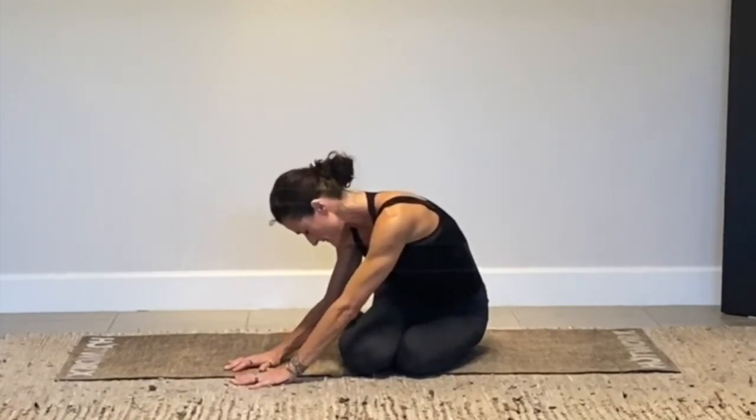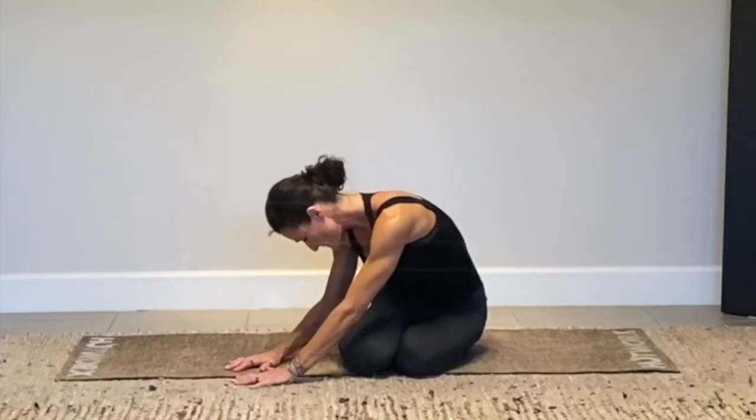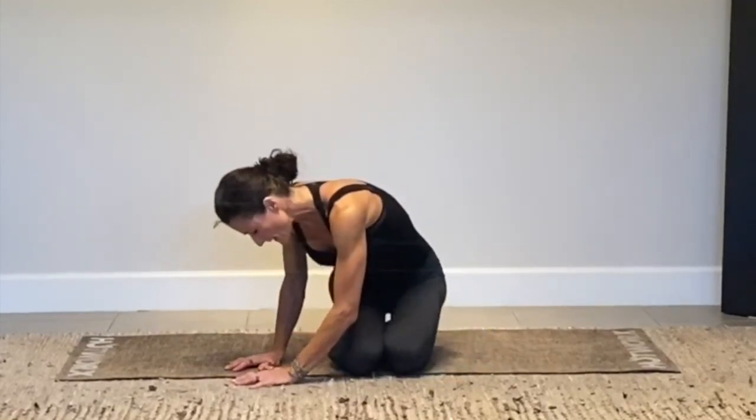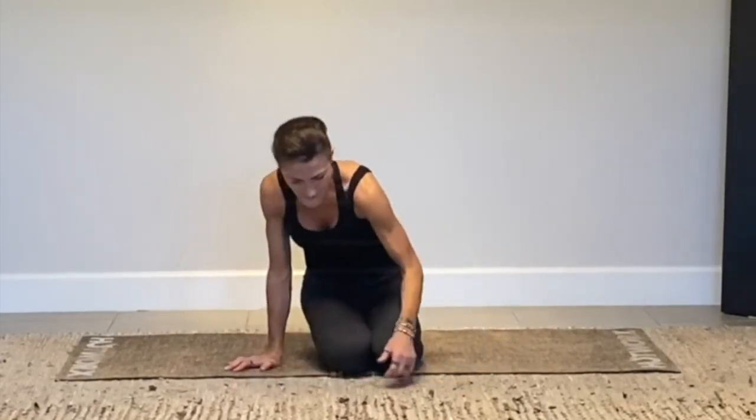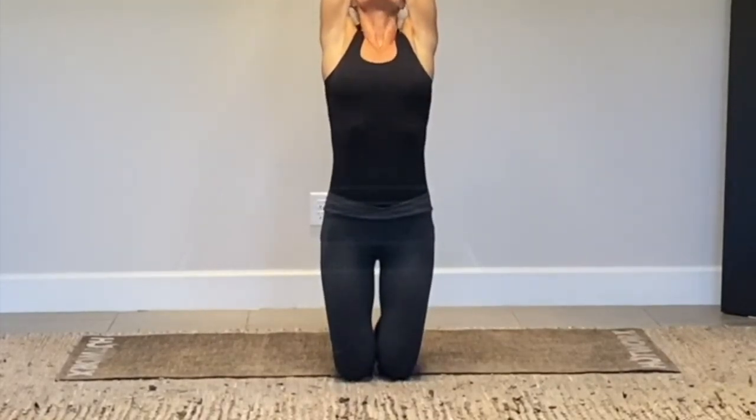And just gently spider walk those hands over to the opposite side, drop those hips to the left. And inhale it back to center. Bring those hands to heart center. I want you to inhale up onto those knees, finding yourself larger than your situation. As you exhale, draw that energy back to heart center,